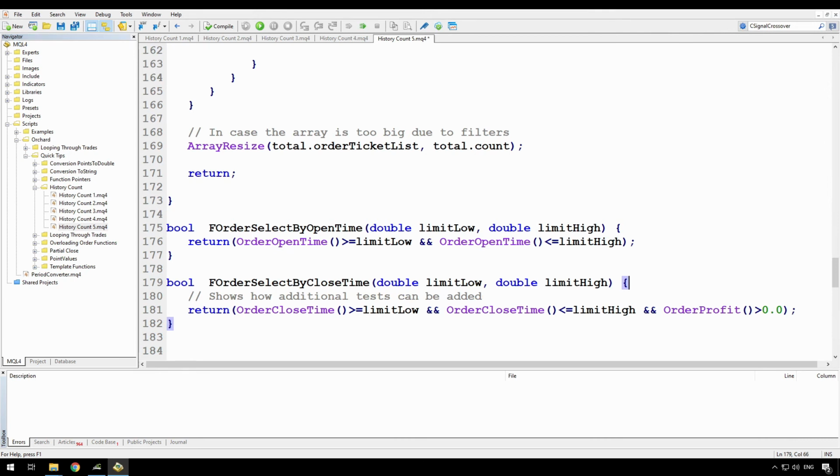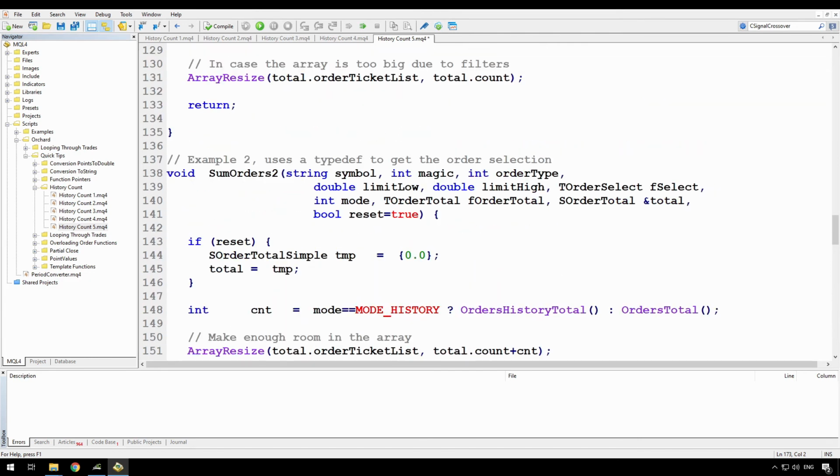But both of these functions return a Boolean and they take two arguments of type double. And that's why they can be used as the same function pointer. So simply by passing in a pointer to each of these functions, I can perform different tests inside that loop. And now to use this SomeOrders2,